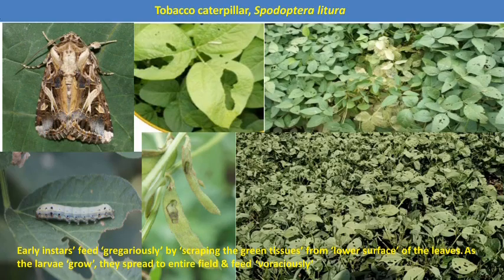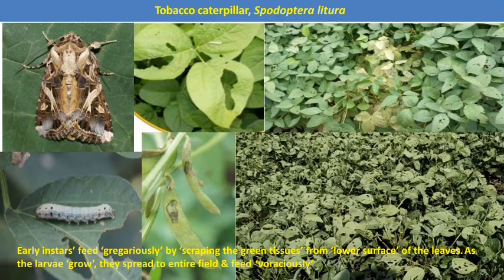Next is the tobacco caterpillar, a lepidopteran pest, the species being Spodoptera litura. It is one of the major polyphagous pests. The moth lays eggs on the surface of the leaves in egg masses. After hatching, the early instar larvae scrape the epidermal layers or green tissue of the leaves, causing whitish or papery patches on the leaf surface. Then the later instar larvae scatter all over the field and start feeding by cutting the leaves from the margin up to the midribs, and in case of severe infestation, the leaves become completely skeletonized and defoliation of the plant occurs.